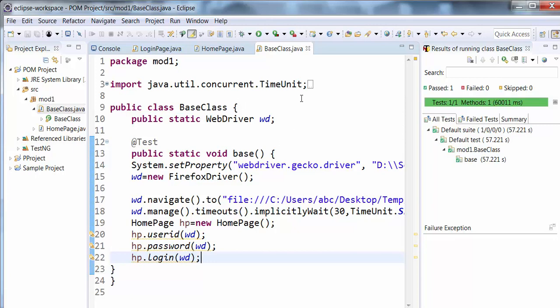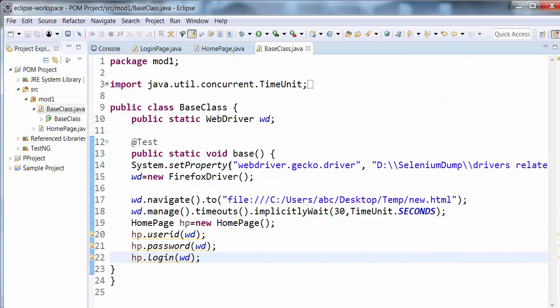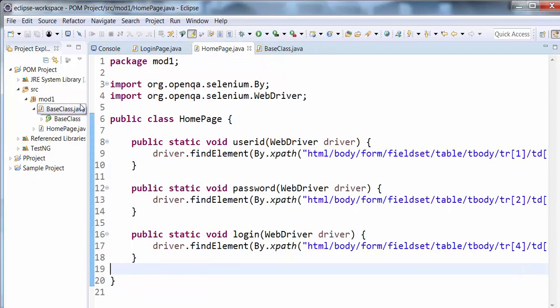In a real-time project we have to create a base class, where the things to be done for all the projects will be written, and for each and every page we will write